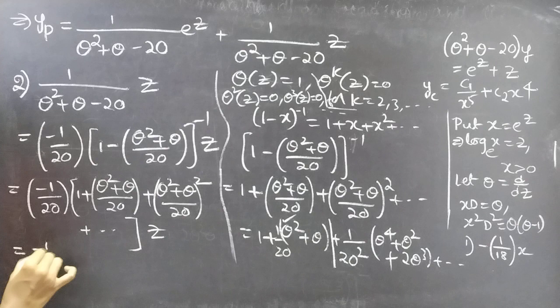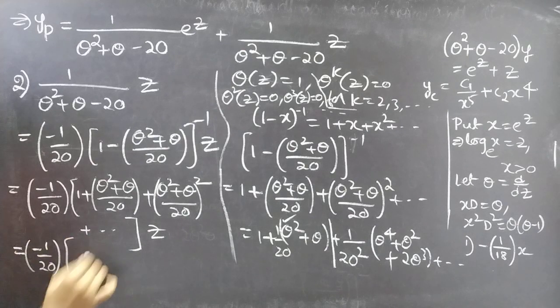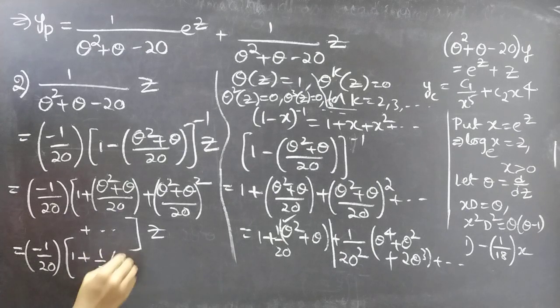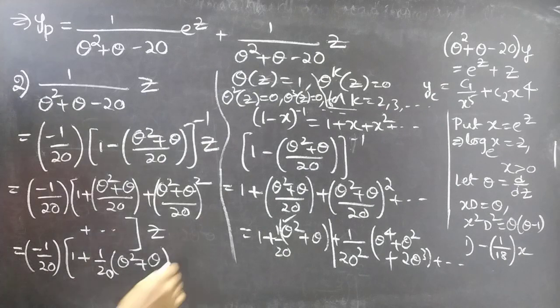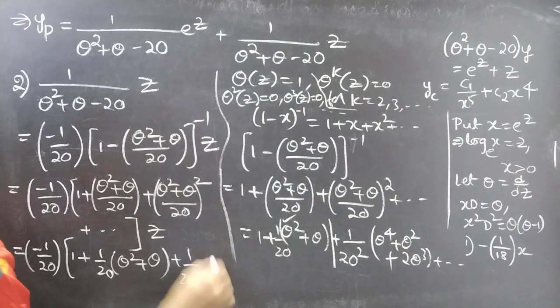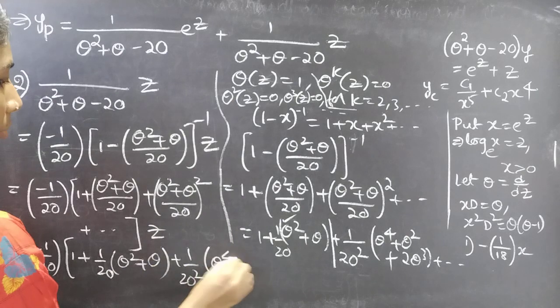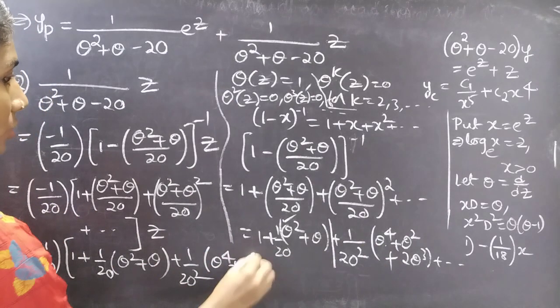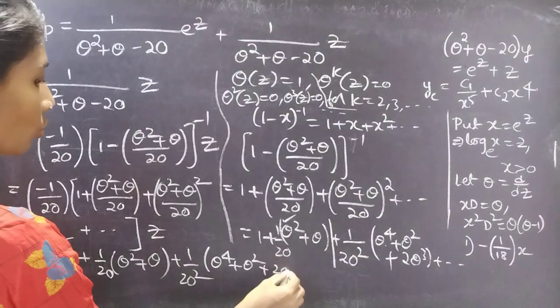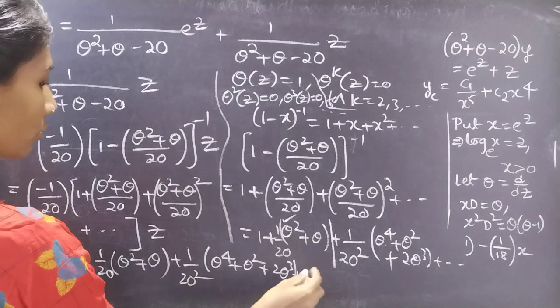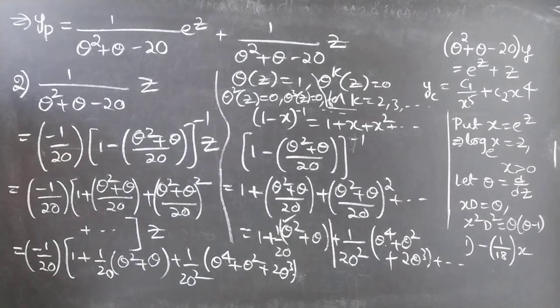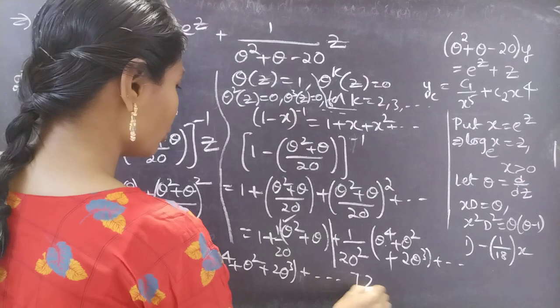This is equal to minus 1/20 into the expansion of 1 plus 1/20 into (θ² + θ), plus (1/20)² into the expansion of (θ² + θ)², which is θ⁴ + θ² + 2θ³ + so on, plus so on, into z,